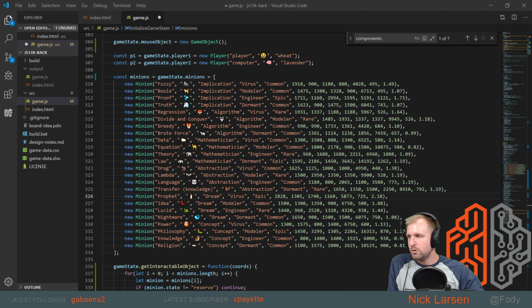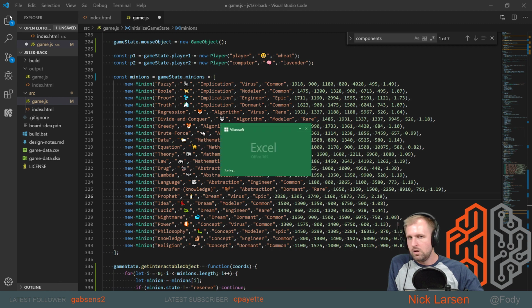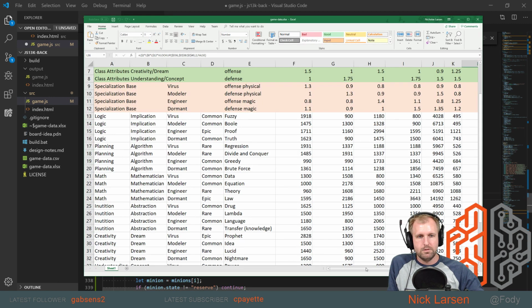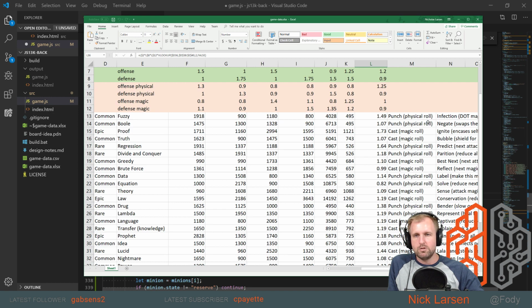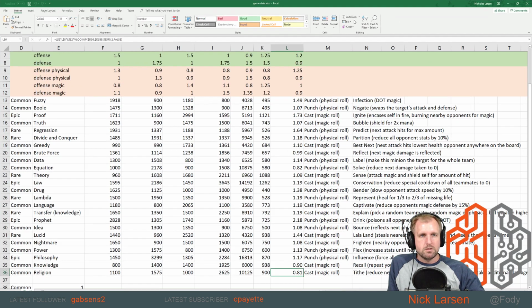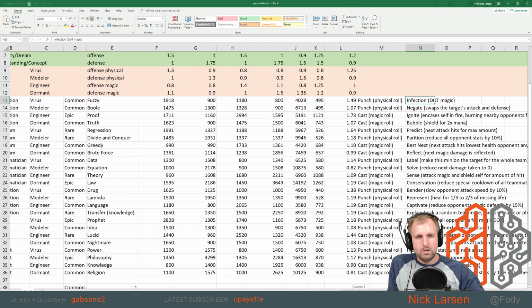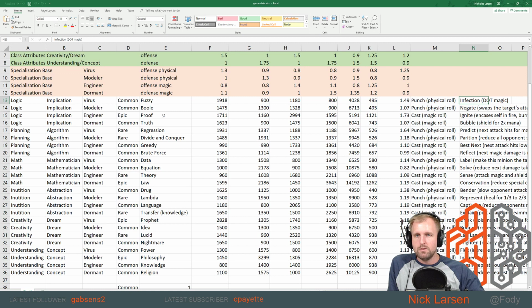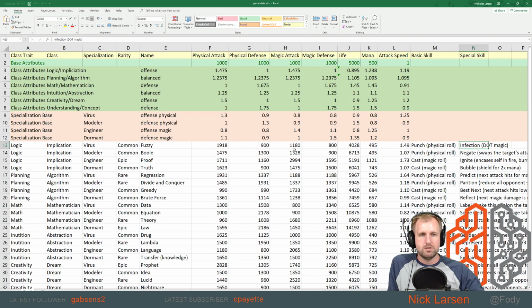Back. So we spent a whole week on stream coming up with the concept of the game, getting all of these numbers right, and coming up with all the names. And we also came up with this one, which is where all the data lives, and they each have their abilities. So let me make this as big as possible. All right, so over here, this one is the fuzzy character. It puts an infection that does damage over time equal to the magic damage, so 1180 over